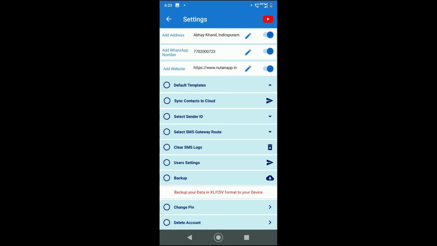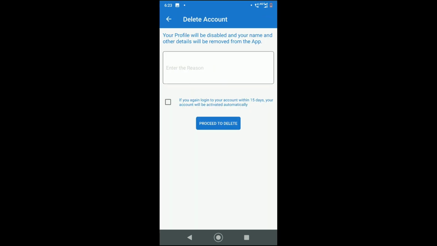Next, the last option is delete account. In case you want to close your account, you click on that and enter the reason for closure. As given here, if you log into your account again within 15 days, your account will be activated automatically.